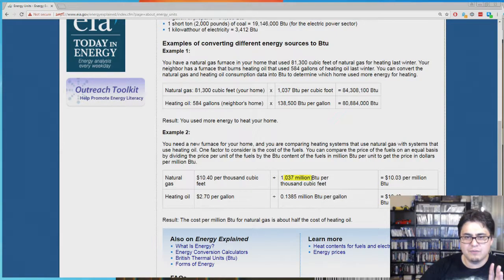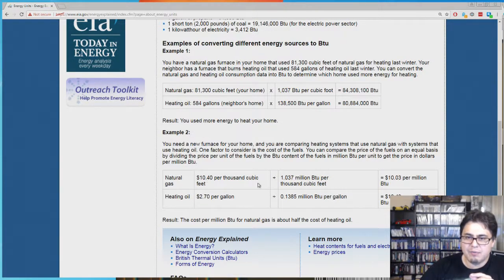Oh no, I goofed up. I'll take that back. My bad. So we have a cubic feet is 1,037 BTUs, right? The 1,000 is already taken out. So 1,000 cubic feet is literally taking 1,037, multiply another 1,000, meaning we're just putting 3 more zeros behind it, and so we're calling it a million. My apologies. All right. So we're gonna have a million BTUs per 1,000 cubic feet.